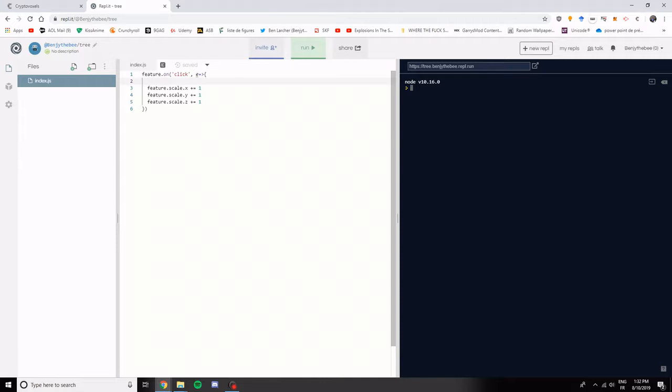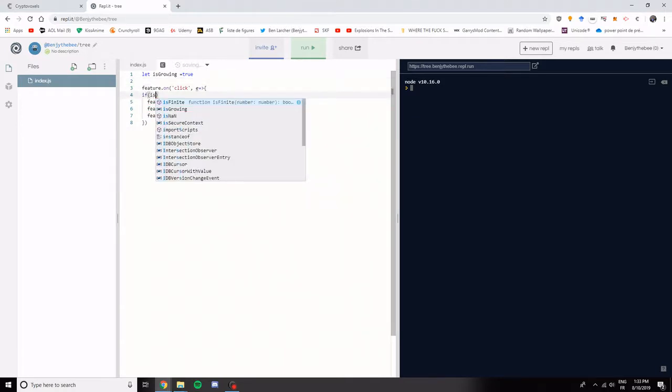Alright, so how do we start this? First off, we want to set up a variable that we're going to use to know whether the tree is growing. So I'm going to call it is growing. Perfect. I'm going to set it to true. It's true that it's growing. And now we can start. So if is growing, I don't have to set anything. If is growing, then we go with this,